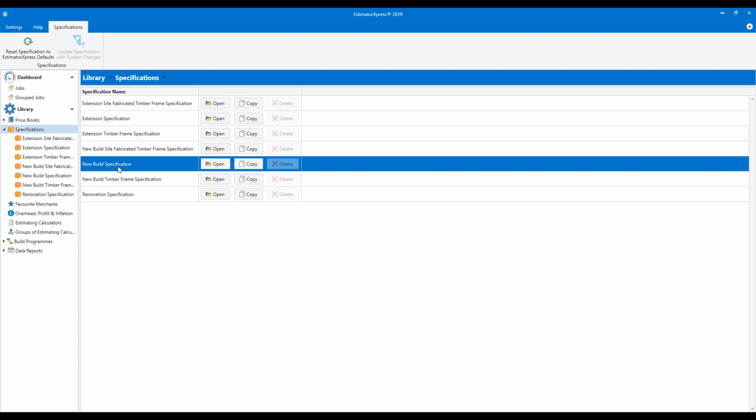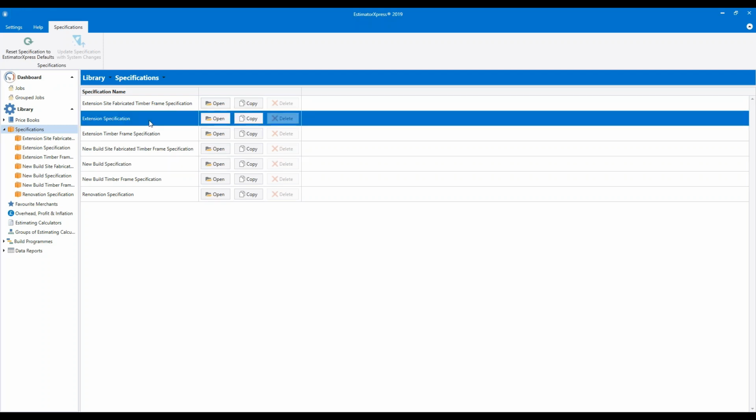As a new build spec, it has the fastest build speeds and it defaults to a JCB for all of the groundwork. So it assumes the work is going to be pretty straightforward, straight runs, long runs, and it assumes you've got decent access so you can have a JCB for the groundwork.